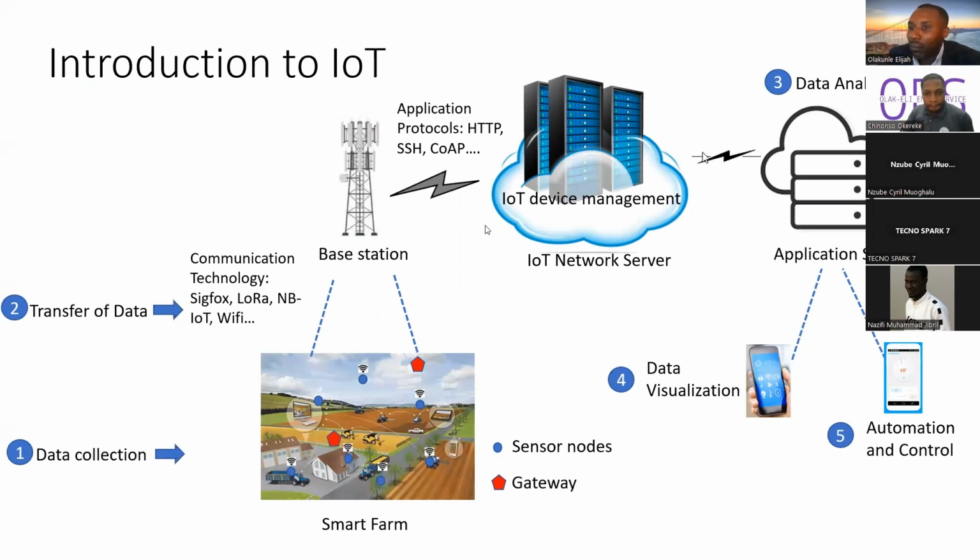Right. So this is a pictorial view of what IoT is all about. First and foremost, IoT is just the ability for our devices or anything to communicate via the internet, either with one another or with humans. So this is the IoT ecosystem. I'll just go through quickly. Basically, if you have your smart farm, it could be that you are monitoring your tractors, or you have a greenhouse that has been set up somewhere, or on your farmlands you've planted some sensors, which you are monitoring for soil parameters, or you are tracking how your farm produce are being supplied